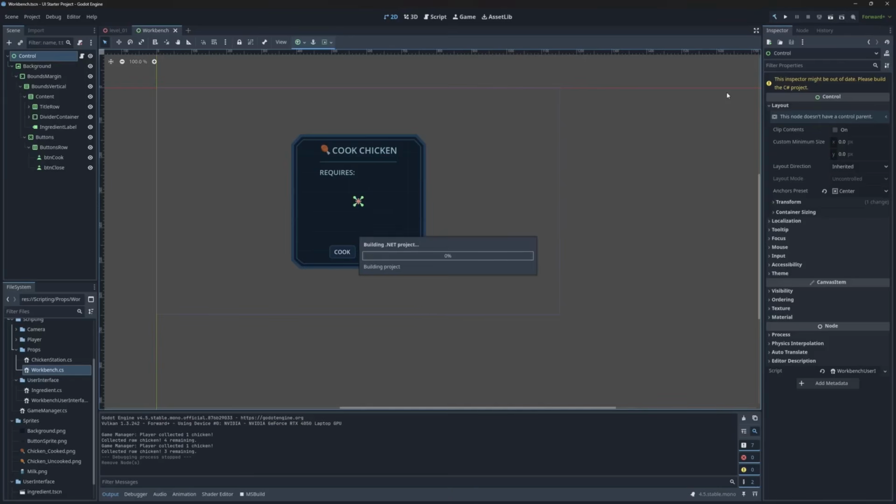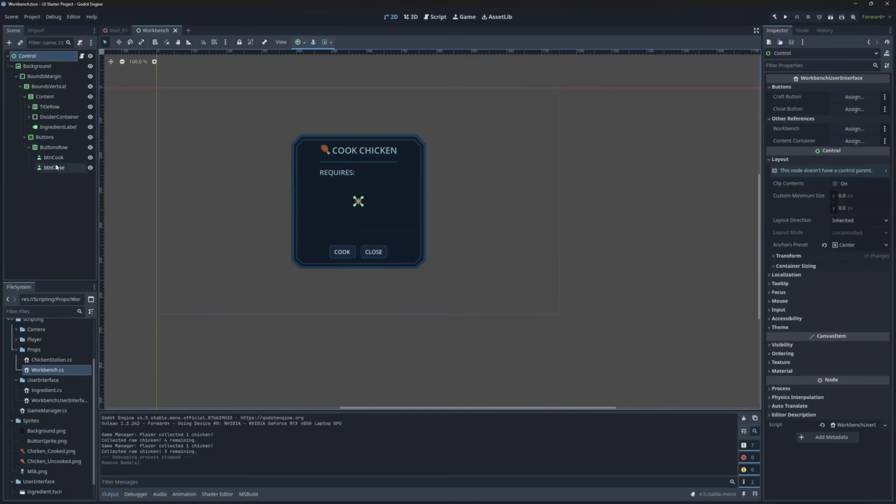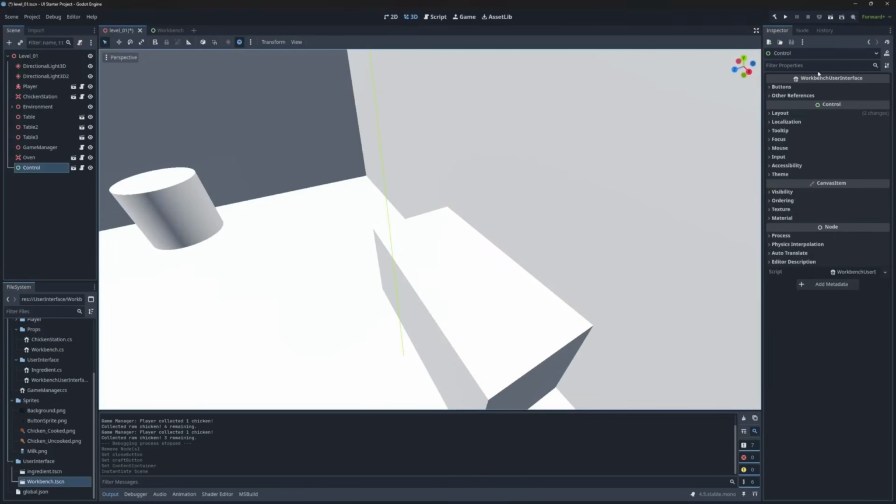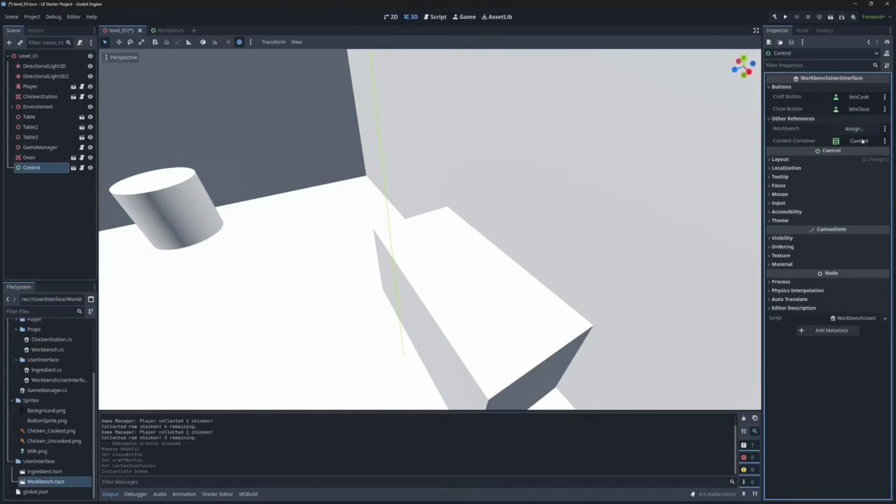Okay, so let's pop into Godot, and we need to refresh the inspector so that we can set the variables. And we'll assign these buttons. So close, cook, I guess I started calling that craft at some point. Workbench we'll skip because we're going to get that in the scene. But content will be this one. We'll go ahead and save that. And then for other references, we can pull in the oven or workbench. I'm very consistent in names today, apparently. And then hit save, push play,